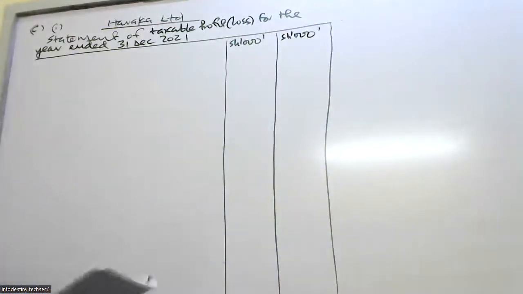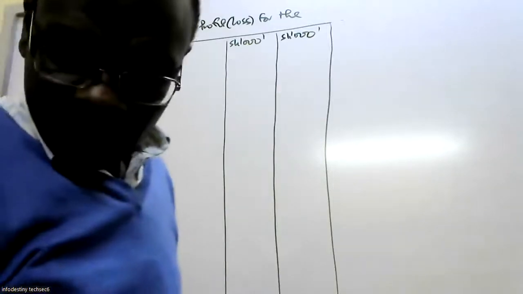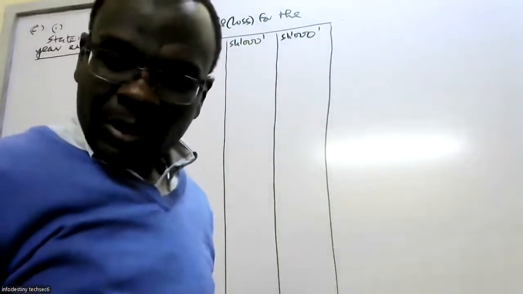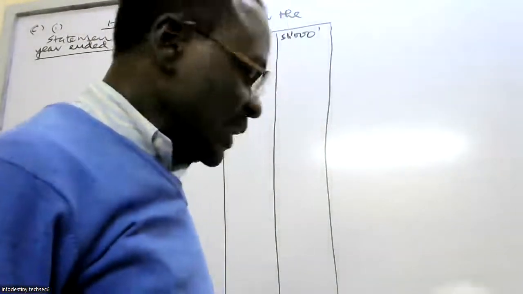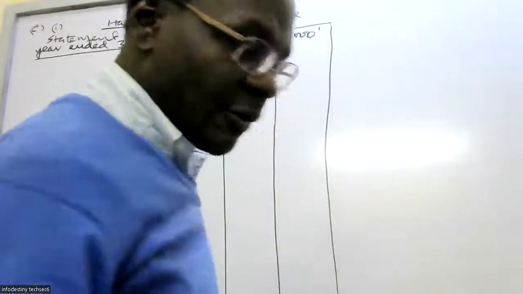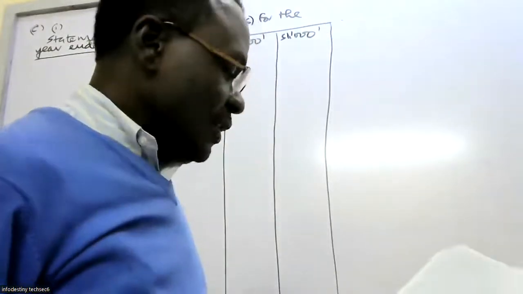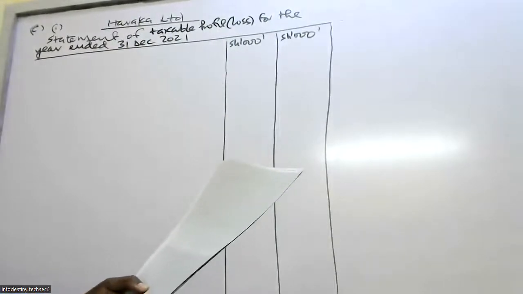So we'll first get what would be the income of the company, then we'll look for allowable expenses, and we'll work with one source at a time. So for now, we'll specifically deal with income from leasing. Then we look for any other sources that could be there. So note one has some income there.